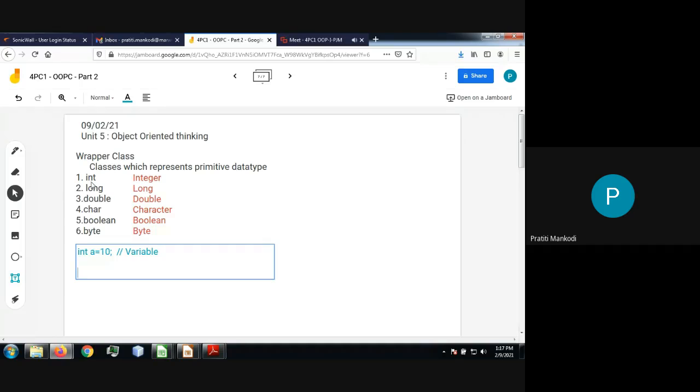Which is the class corresponding to int? It is Integer, right? So if I want to store the value 10, I'll be creating an object of class Integer. Integer a = new Integer(10). Are you getting it?